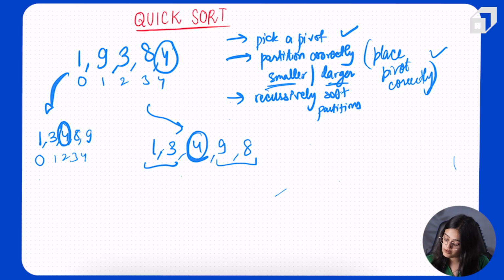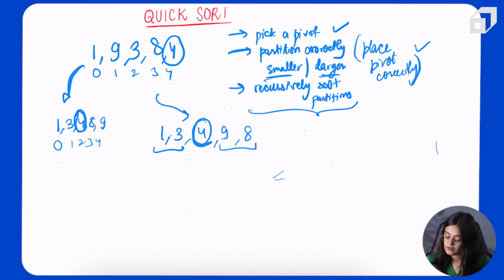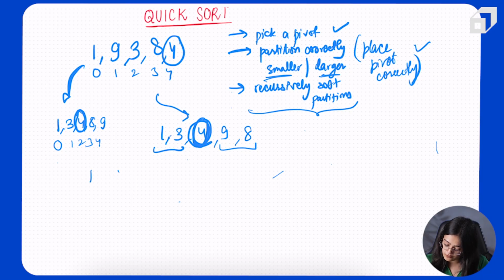The elements larger will also remain in the same order, and they'll come to the right. The desired state after the second step is this one. Now we move on to the third step, which is to recursively sort these partitions. Since 4 is at the right place, our problem reduces to 2 subproblems, which are the 2 partitions that we've got. One is the partition before 4, which has the smaller elements, and the other is the partition after 4. So now we have 2 arrays,